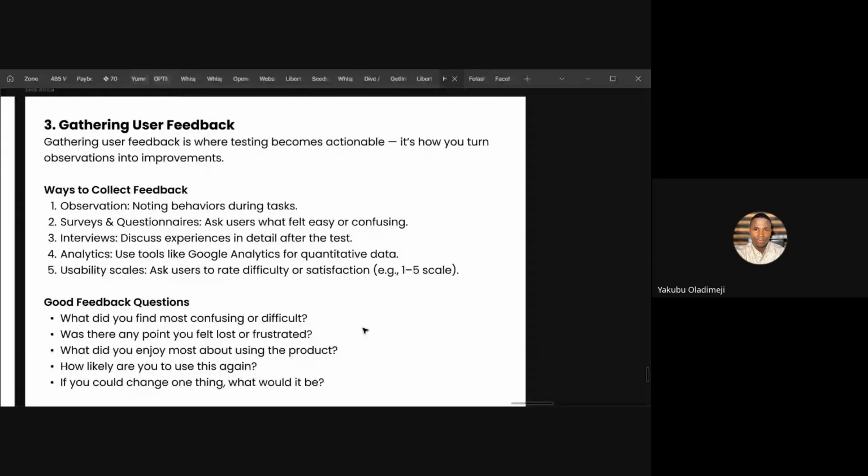Let me reiterate that. It's how you turn observation into what? Into improvement. So there are ways to collect feedback. Number one is observation, noting behaviors during tasks. Number two is through surveys and questionnaires. You ask users what felt easy or confusing, and you ask them to explain. You understand? We collect feedback via interviews, where users can discuss in depth